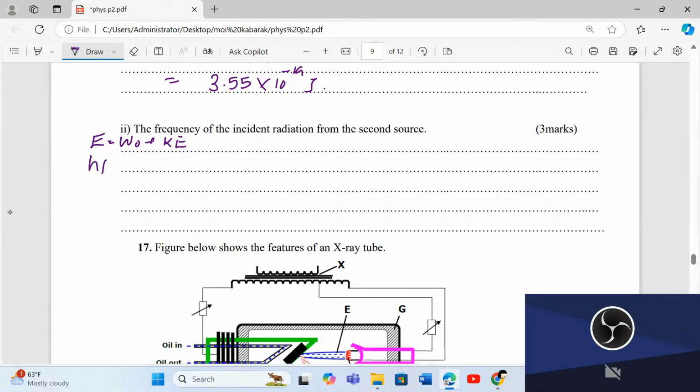This becomes hf equals work function plus kinetic energy, which is given by half mass of the electron times velocity squared. That is the maximum velocity. Therefore, we have already the work function. 6.62 times 10 raised to power negative 34 times f